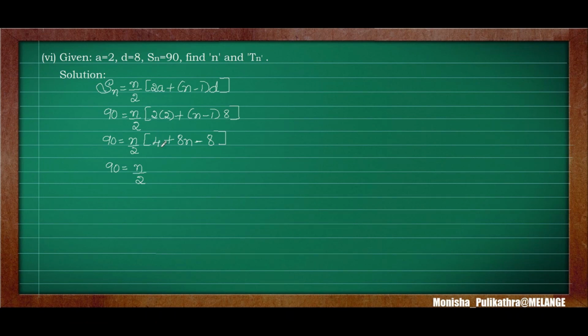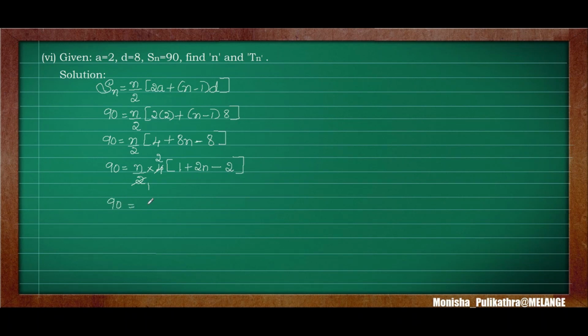Next we can see here that with 4 we can divide all the 3 terms, right? So I am taking 4 as common here. So we will get 1 plus 4 2s are 8, so 2n, minus 4 2s are 8. Okay, so when I take 4 as common here, 4 1s are 4, so 1 here. 4 2s are 8, so 2n, and 4 2s are 8, therefore 2.